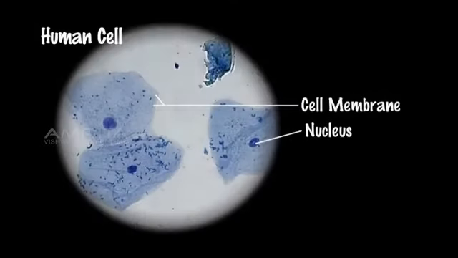Conclusion: If the cells observed do not have cell walls or prominent vacuoles, the cells of the specimen on the slide are animal cells. Precaution: